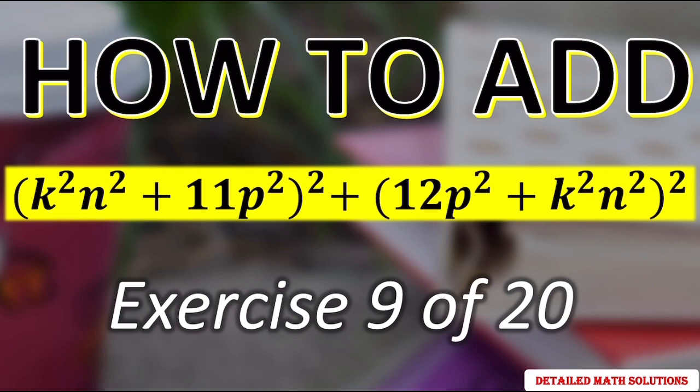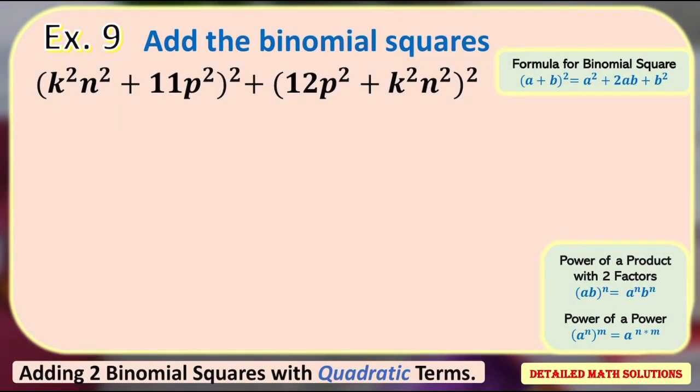In this video, I'm going to write and explain step by step how to add the squares of the binomials k squared n squared plus 11p squared and 12p squared plus k squared n squared. First, I'm going to expand each binomial by applying the formula for binomial square. When I do that, this equals to